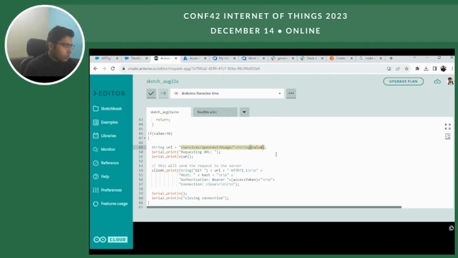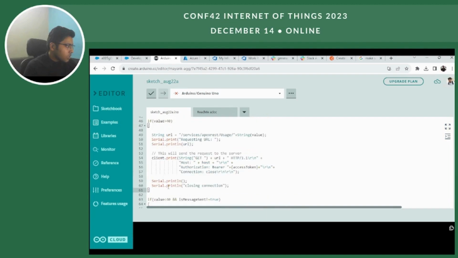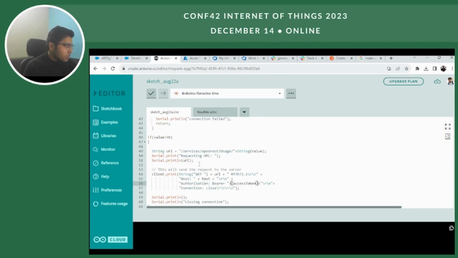So this is the code snippet which is responsible for sending this data to our Salesforce org from the NodeMCU. This is the same code which is currently running in my NodeMCU controller. What it does is, I created a Salesforce GET API, or REST resource class, and our NodeMCU makes a GET API call to that class.